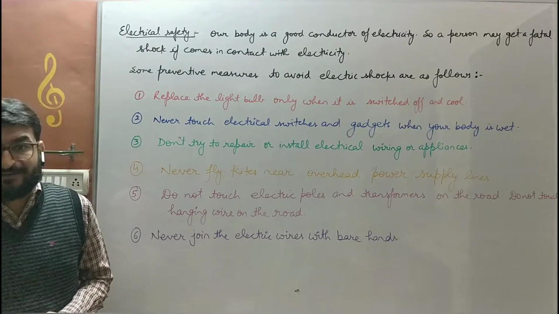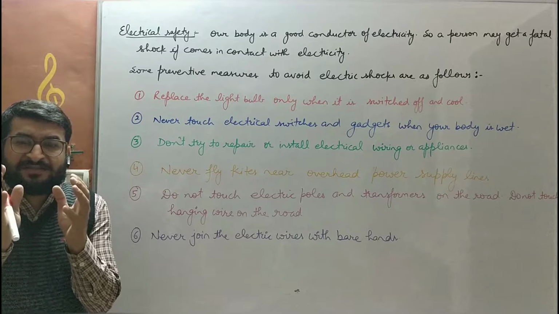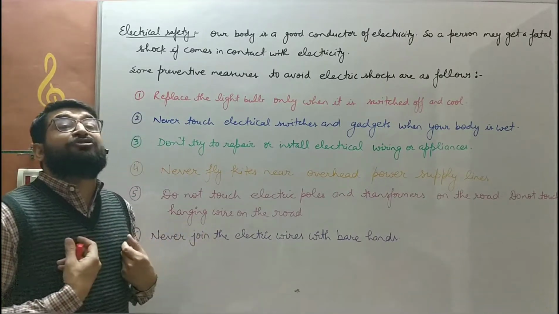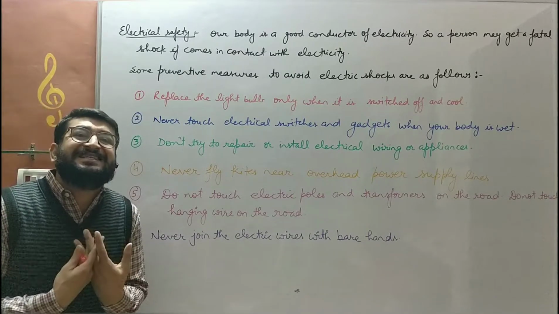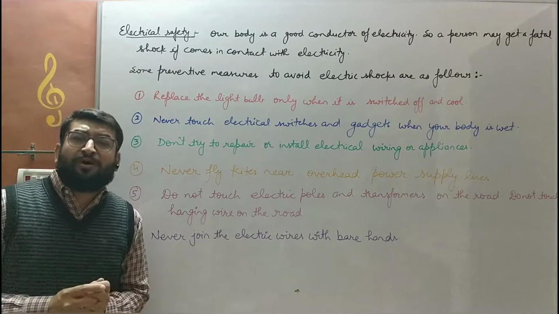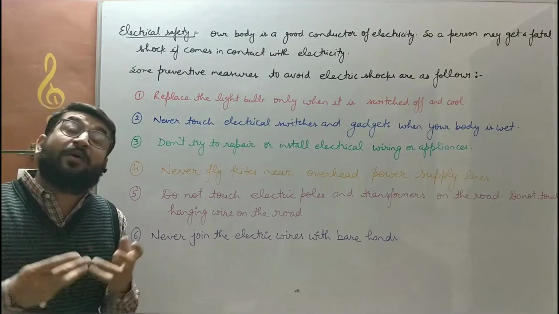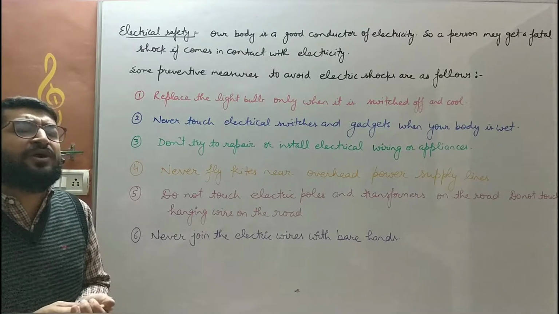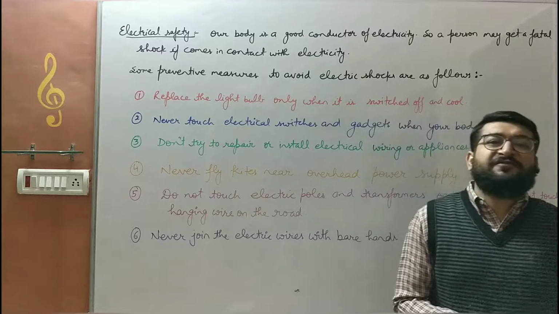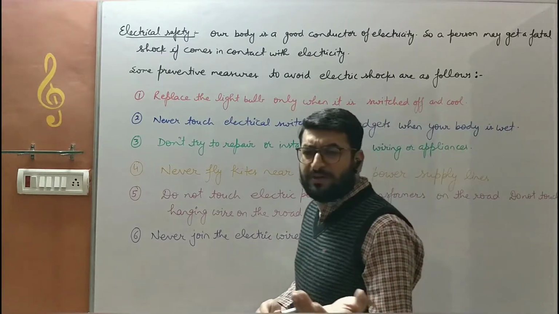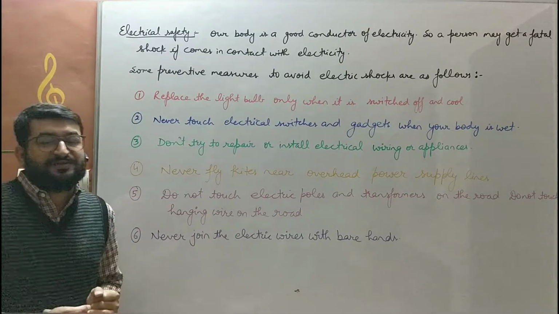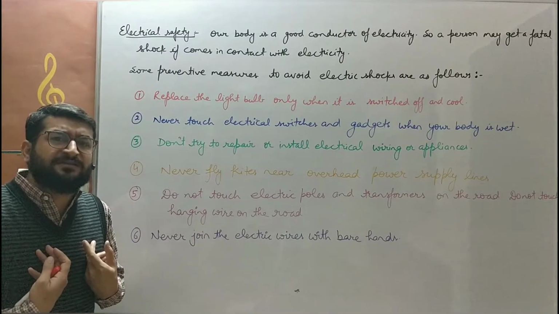These are very fatal electric currents. Those electric currents will give us electric shocks, and those shocks are very dangerous for our body. Why? Because our body is a good conductor of electricity. How can our body conduct electricity? Because our body has fluids. Our body has blood, and 90% of blood is almost water. Water is a good conductor of electricity. So that's why our body is a good conductor of electricity.